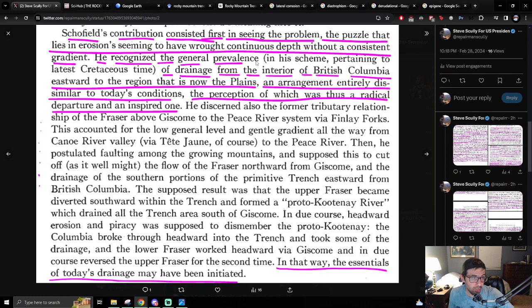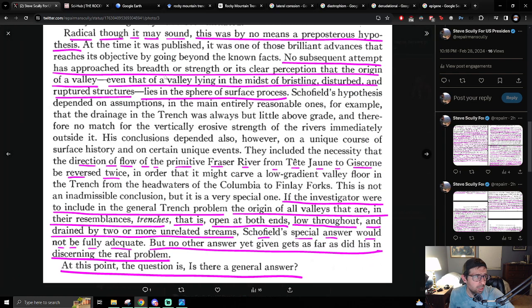He recognized the general prevalence of drainage from the interior of British Columbia eastward to the region that is now the plains, an arrangement entirely dissimilar to today's conditions, kind of like I was saying with the current to the Arctic, the perception of which was less a radical departure and an inspired one. And then, in that way, the essentials of today's drainage may have been initiated. I don't know what that was referring to now at this point. Maybe I should have underlined some more, but radical though it may sound, this was by no means a preposterous